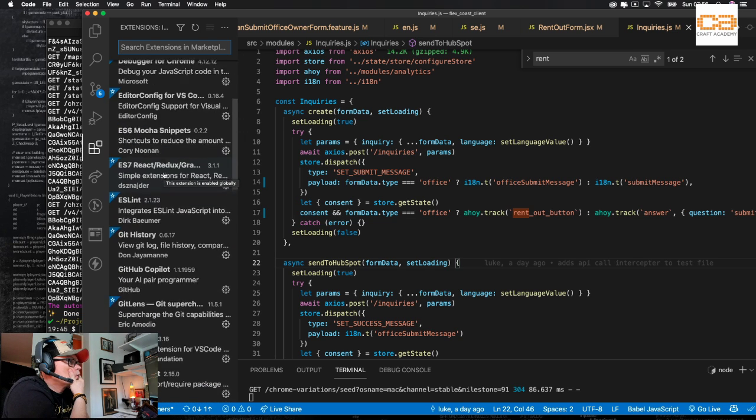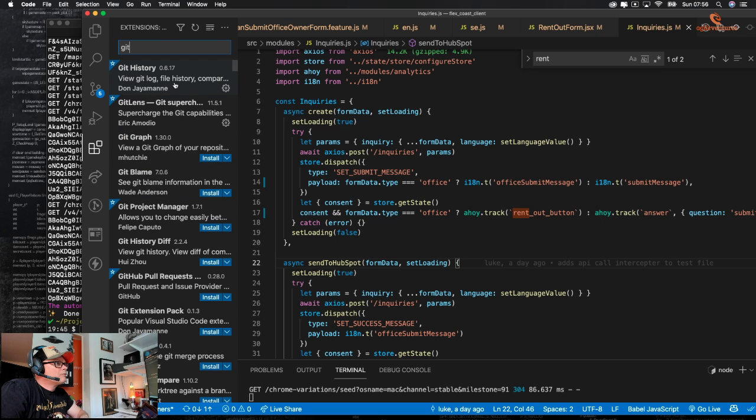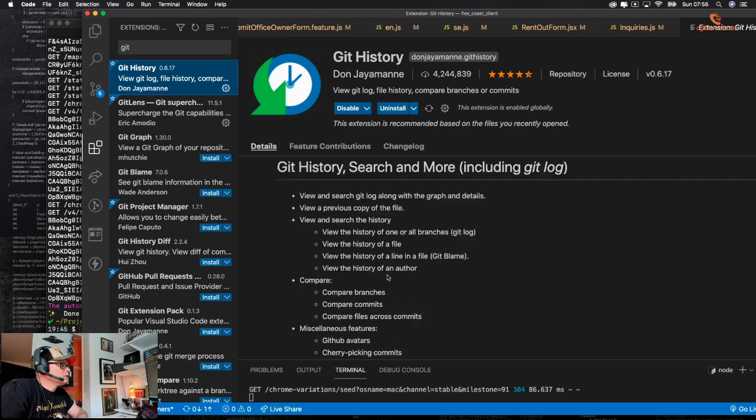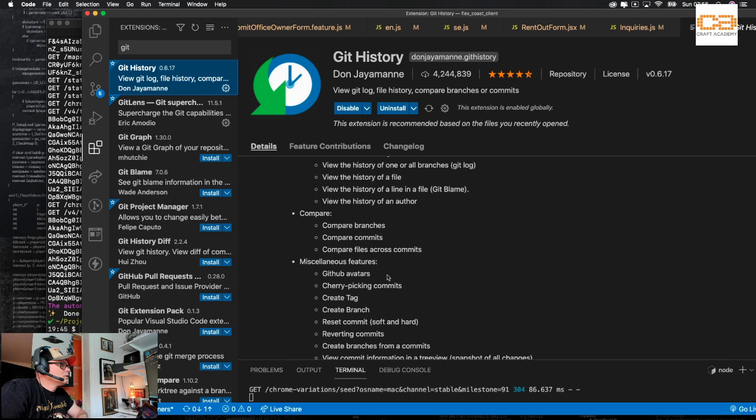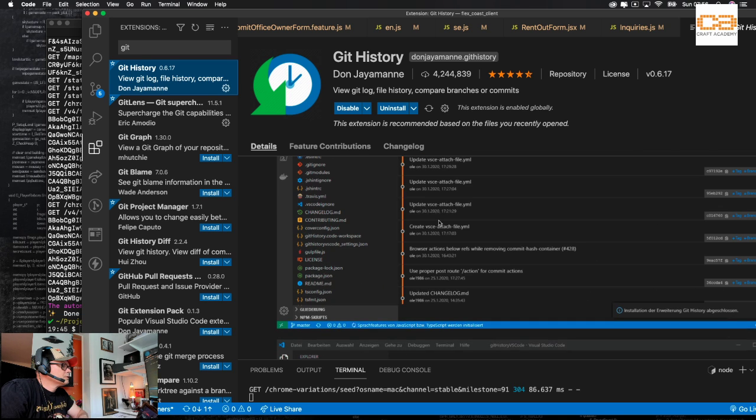Right, so Git file history, Git history. Yeah, it's Git history. Yes, view the history of a line in the file. Git blame, right.